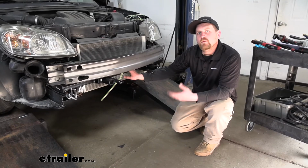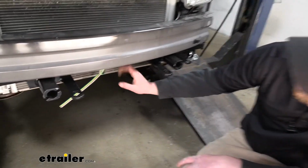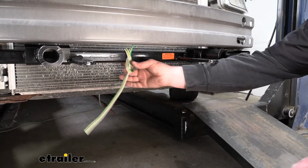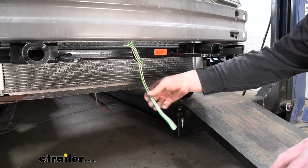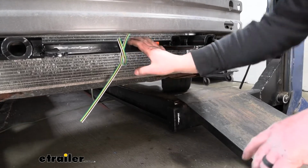To begin our install, what we're first going to do is route our wiring from the front to the back of our Cobalt. So what I've done is just gave myself a little bit of extra wire here at the front and tied it around the base plate. That way we can maneuver it later in a position once we figure out where we want to mount up our connector. That being said,